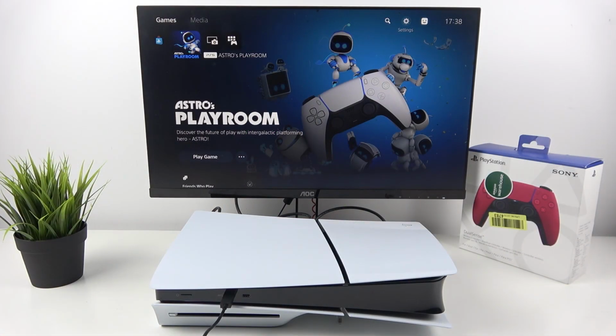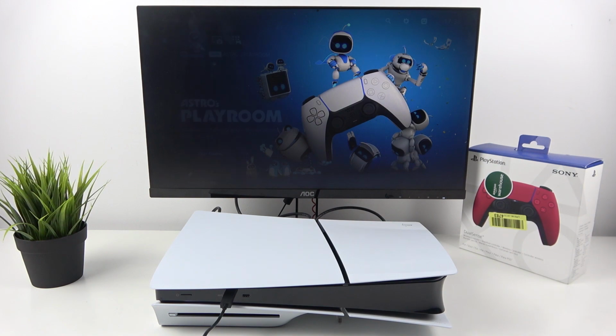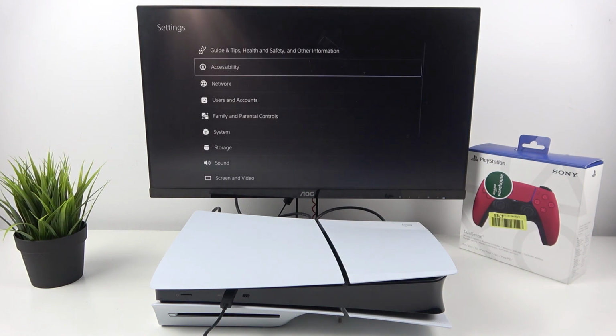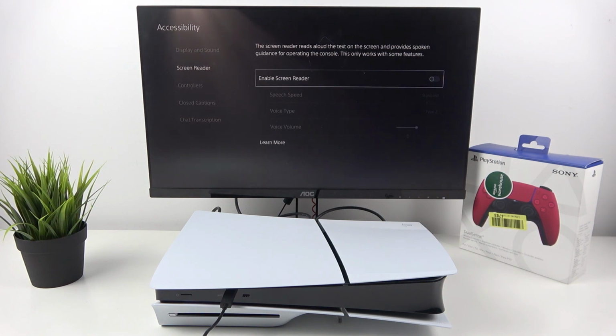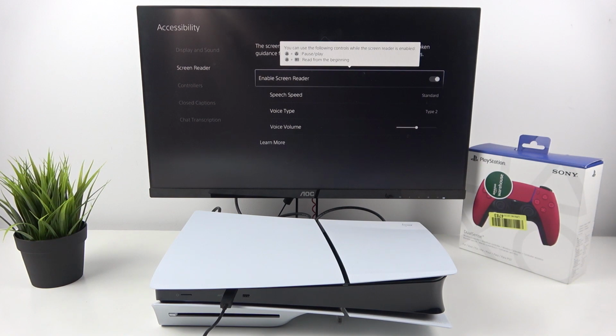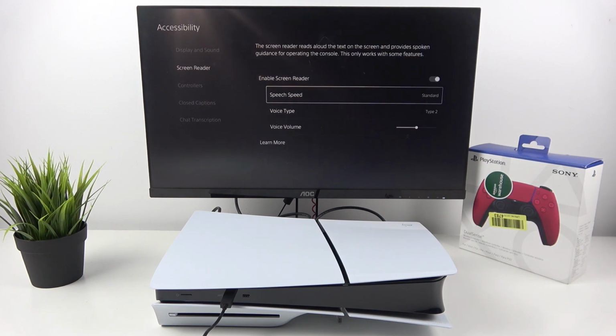In the beginning, from the homepage, go to Settings. Now enter Accessibility and Screen Reader. Switch the button to enable screen reader, and now from the lower settings you can enable speech speed,